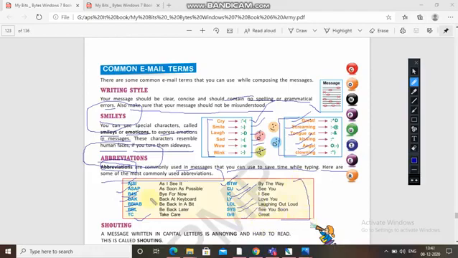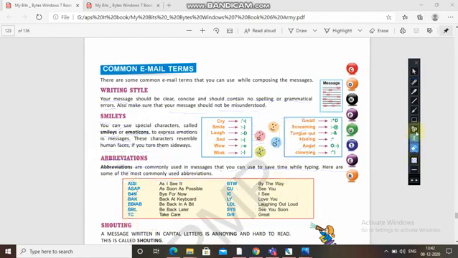So these are some abbreviation words which you can use in your messages.